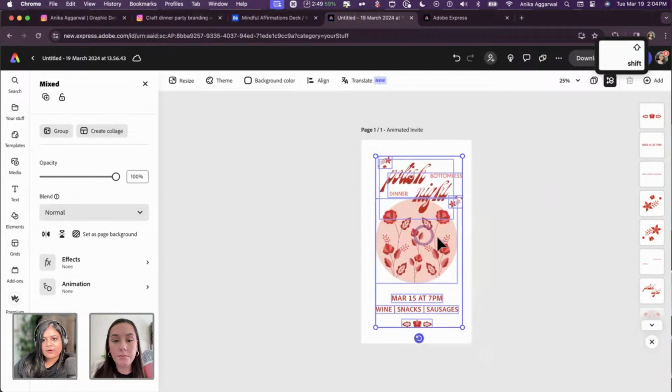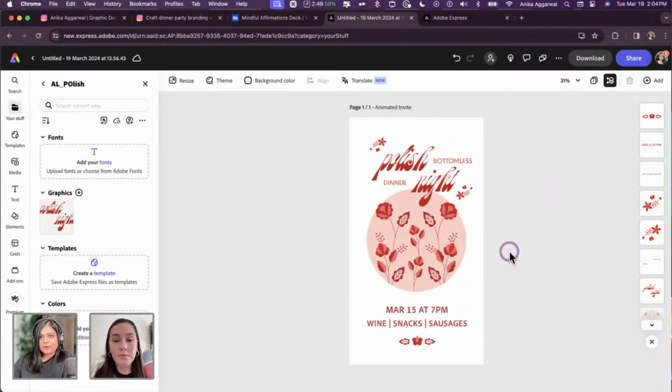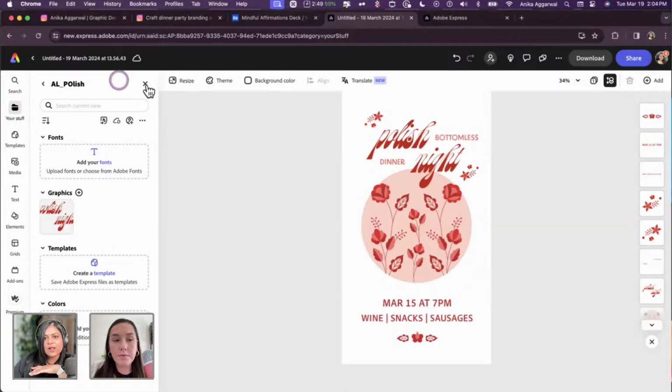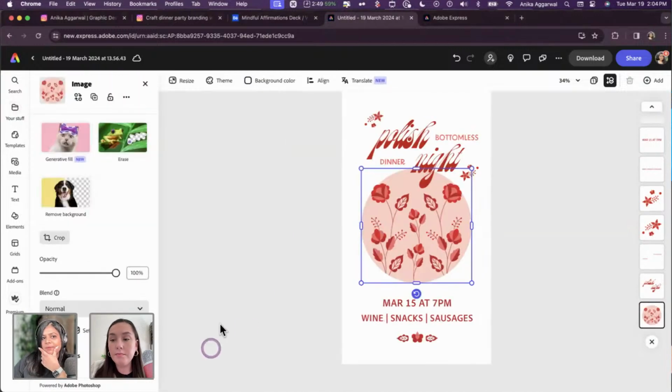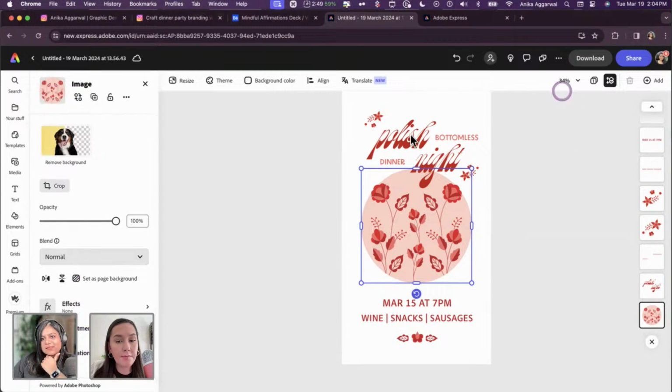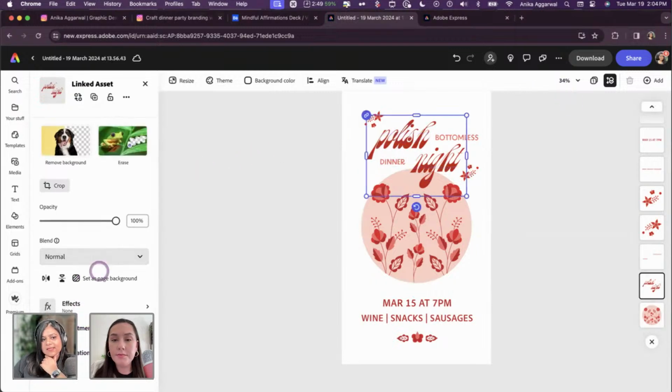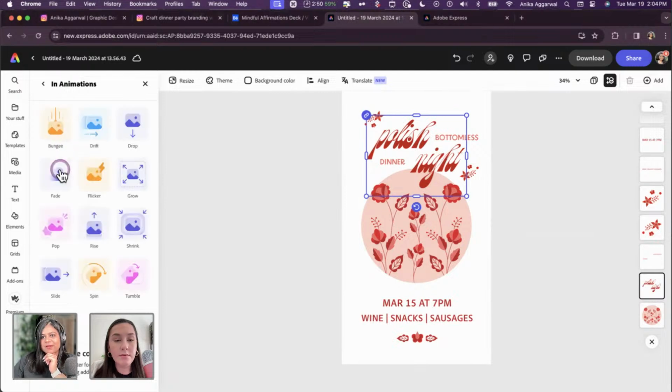And then you can move it around. Now it's centered, and the grid lines in Adobe Express tell you that it's centered as well. And why don't we go ahead and animate it? As you can see, this is an image. Every single element that you click on has its own animation. But if you make a group, you can add animation on animation. What I mean by that is, let's go to Polish Night. That's the one that I have selected. You can see from the layers panel. Click on animation, and maybe I'll do a fade in.